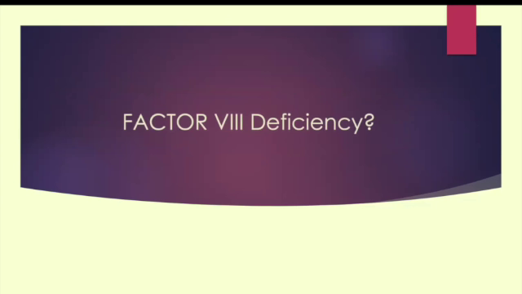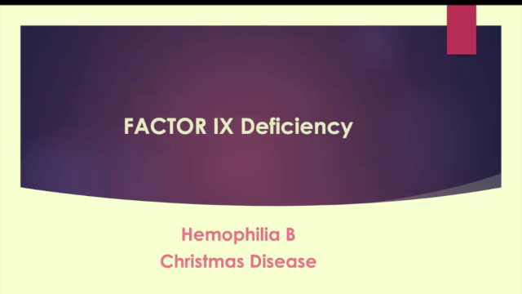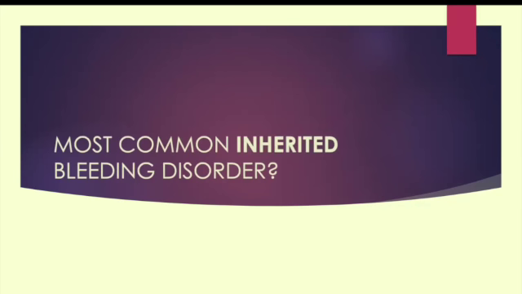Factor VIII deficiency. Guess what? Is that hemophilia A or B? A. Factor IX deficiency, hemophilia B, and the Christmas disease. 9 is Christmas. Most common inherited bleeding disorder. Do you guys remember that one? Von Willebrand disease, that clotting factor that we need so much. This is also associated with